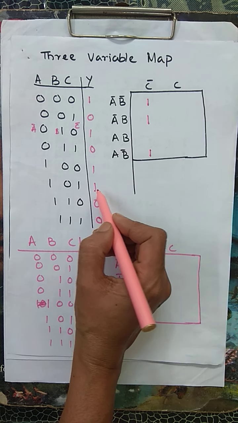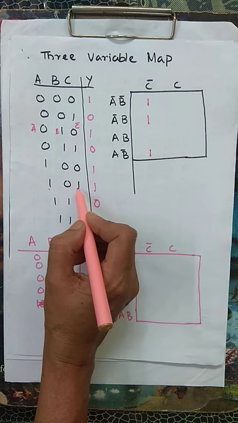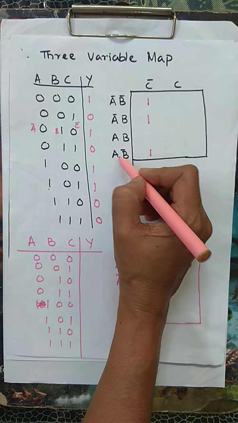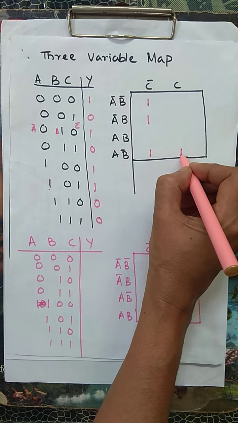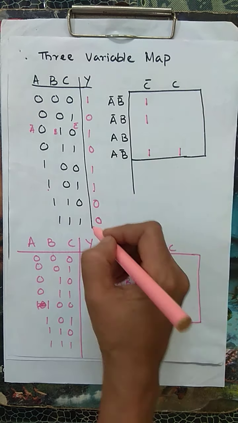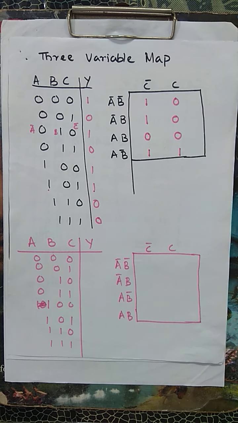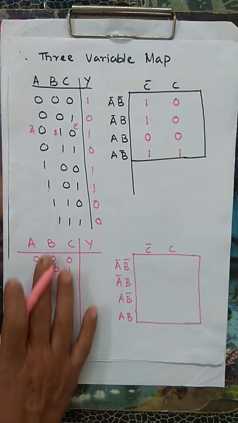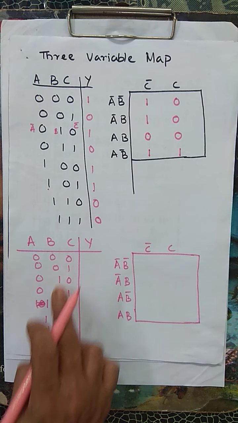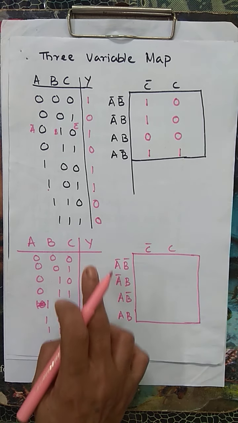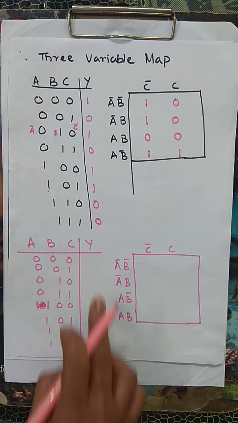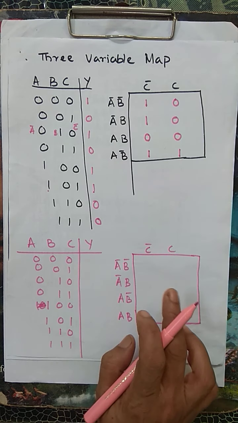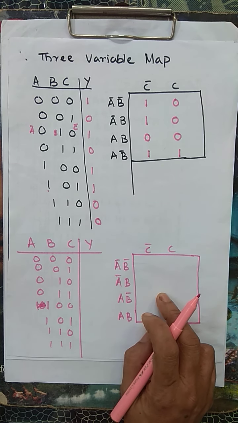Next is this. This is A B complement C. This is also 1. All others are 0. So I can simply enter 0 in all other positions. So now the Karnaugh map is ready. Similarly, you can try. I have again written down a 3-input case. All the possible input values I have written down. You can write your own desired output and correspondingly you write down the Karnaugh map.